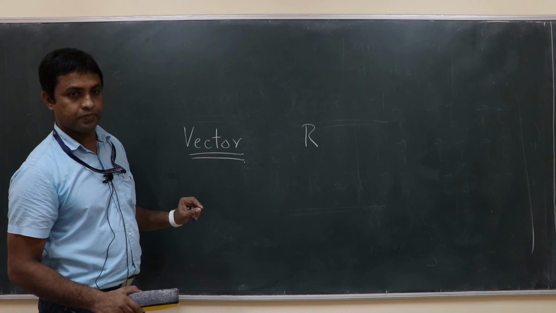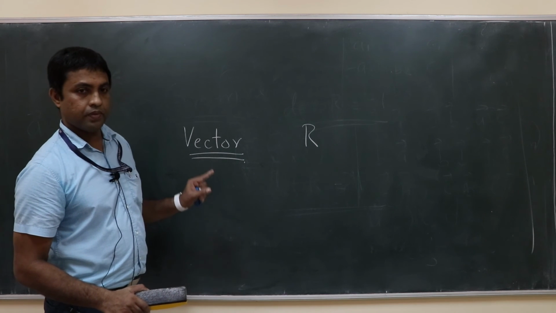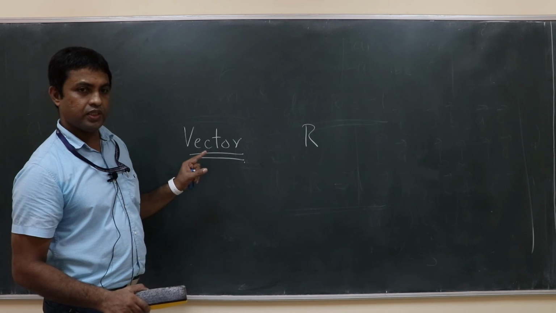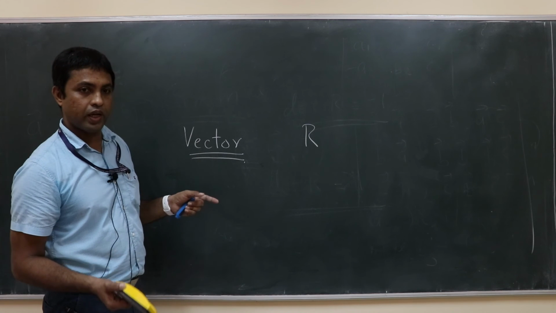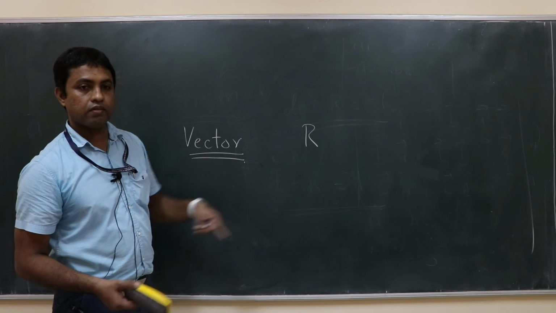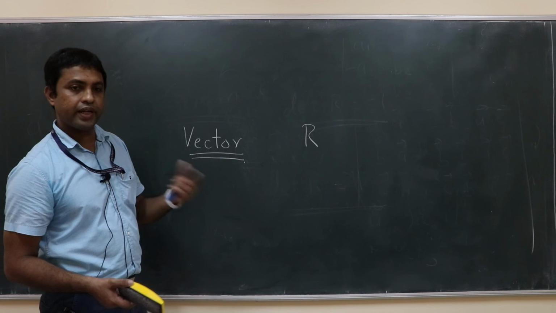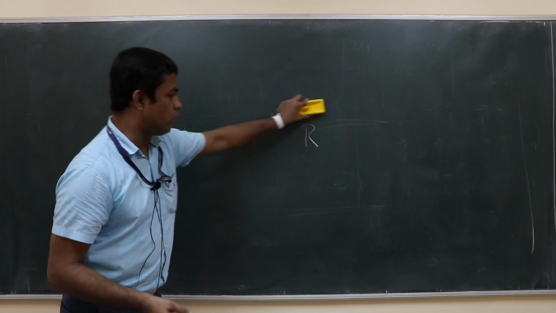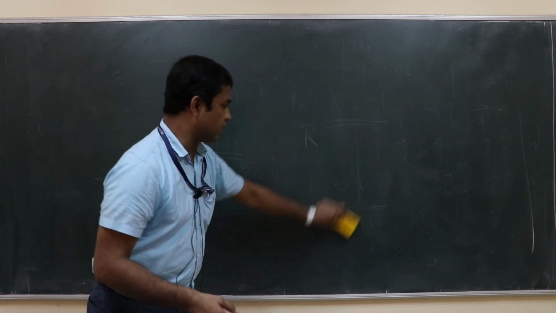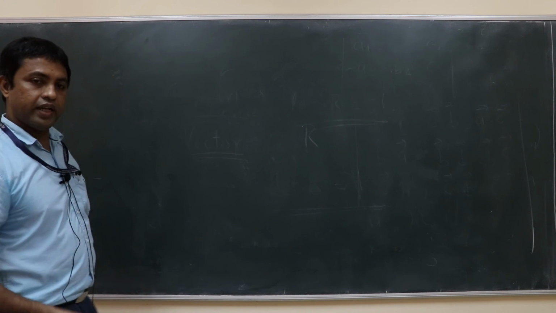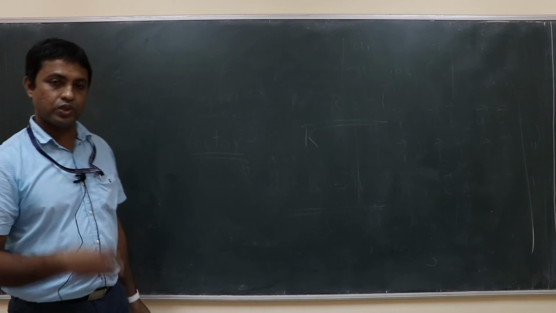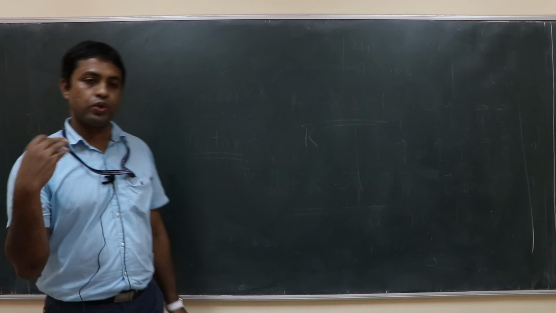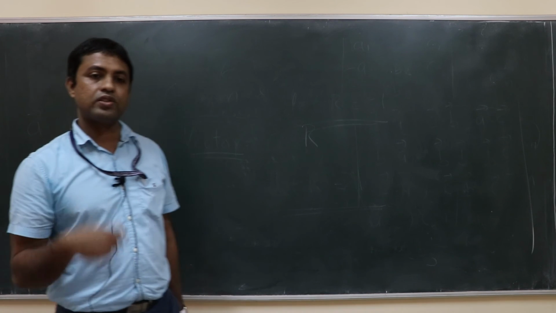Is that clear? So if it is a pseudo vector, after rotation, whatever new vector you are getting, just this R will not be sufficient. You have to put in an extra negative sign. So that we will see. You have already seen pseudo vectors in your earlier classes. Similarly for the vector, the scalar and the tensor, the same definition holds. So under improper rotation, a pseudo scalar, pseudo vector or pseudo tensor will acquire an extra negative sign.